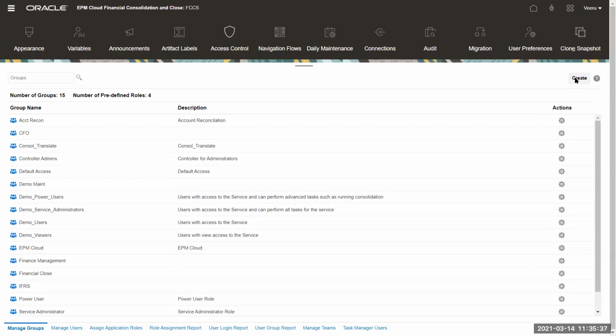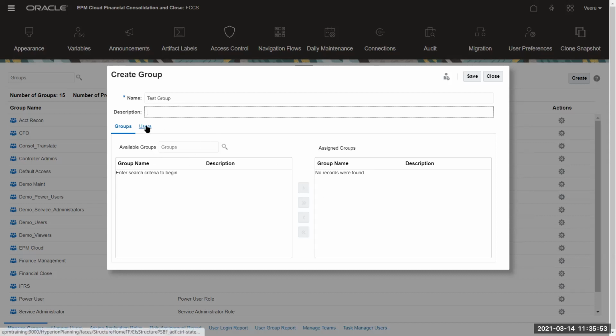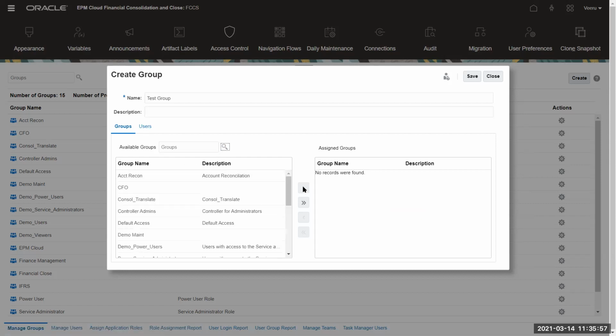You can click on the create button, and it will ask you for the name of the group. You can say group, and you can give a description. A group can also have other groups as part of that list, or it can have users also. If you want to create a group with subgroups, you can do that.